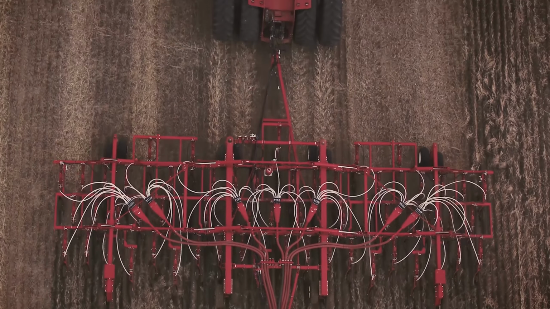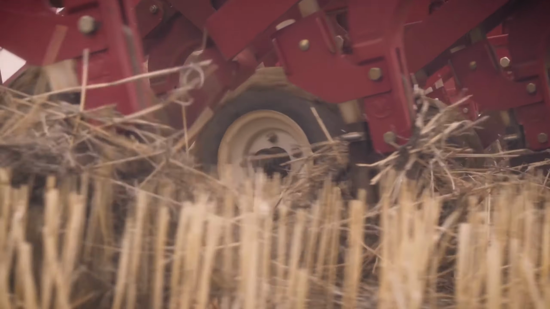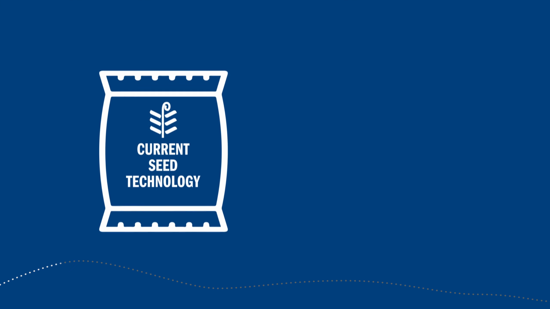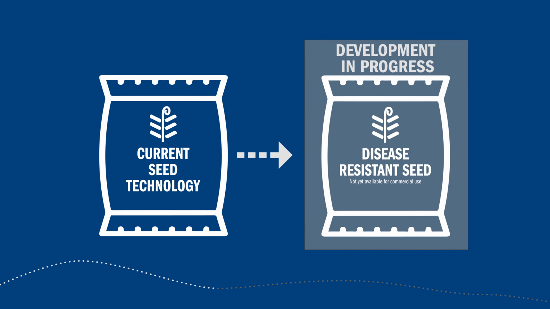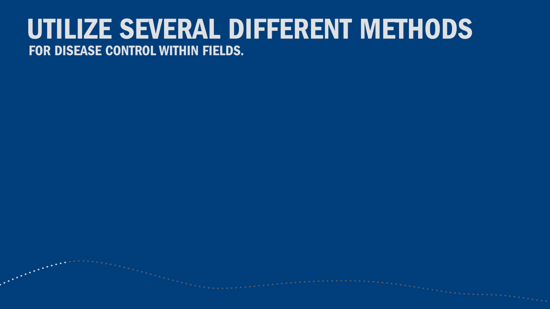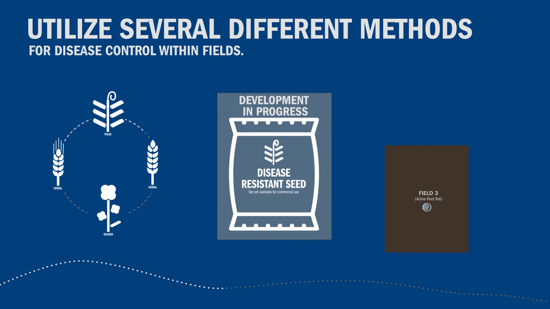Another management practice that may become an option in the future is the utilization of crop varieties that are resistant to root rot pathogens. These are not available for commercial use in the US, but may be a viable solution in the future, so long as a strategy is used so that pathogens don't quickly develop a resistance to the new variety. When developing management practices, it is important to keep a diverse plan intact. Don't just rely on one technique. Rather, find a system that changes many variables in a field year to year, and also adapts to external factors such as changing climate patterns.